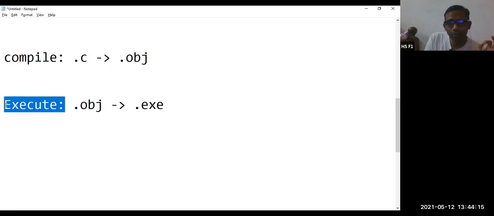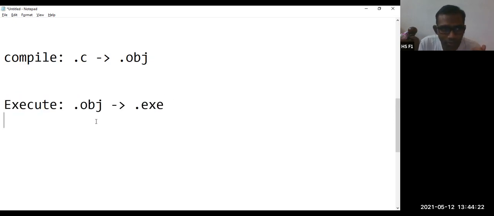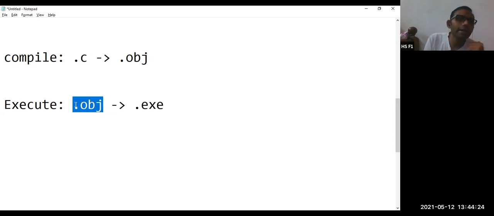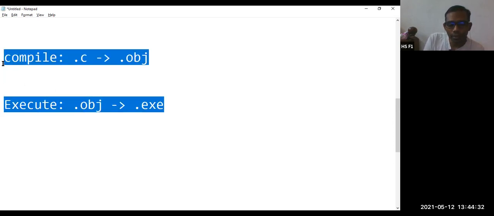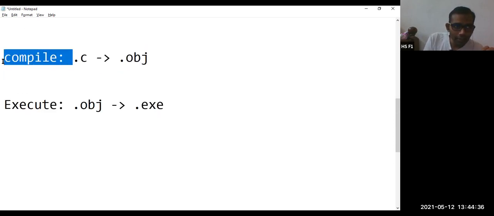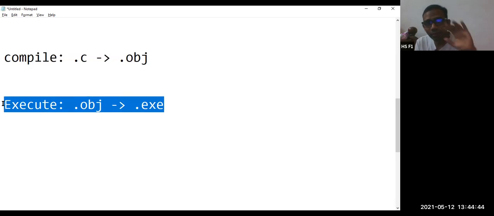Then when you execute the program by pressing Ctrl F9 or whatever method you adopt, that .obj file will be converted to .exe. This obj file is in a non-readable format. This concept we studied in Introduction to Programming in our previous semester. Whatever memory is allocated at compilation time, or at execution time, is what this slide says.